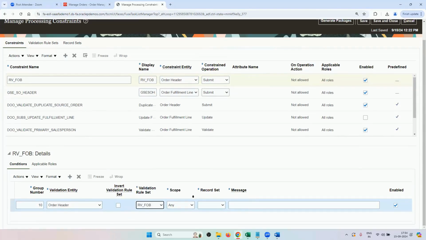Now scope means, suppose you have multiple lines, so you can have scope any or all. Record set would be header only. And what is that custom message you want to display on the order header page whenever you're submitting, if it's not entering FOB? So let me enter something as RV: